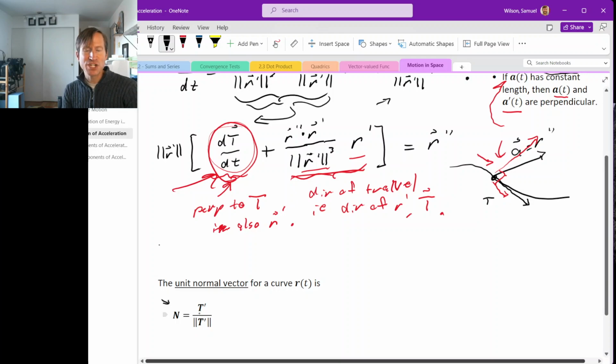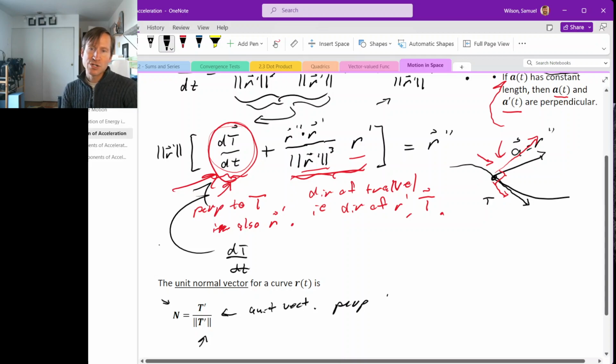And just by definition, it is the derivative of capital T over the magnitude of the derivative of capital T. So this vector that we had up here, d capital T, d little t, is in this perpendicular direction, but it might not be unit length. So we're forcing it to be unit length here by dividing it by its own magnitude. So this is a unit vector